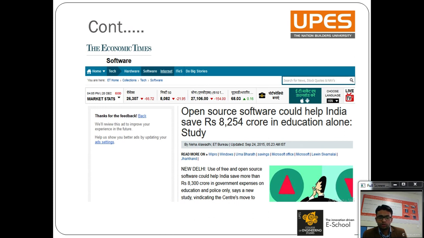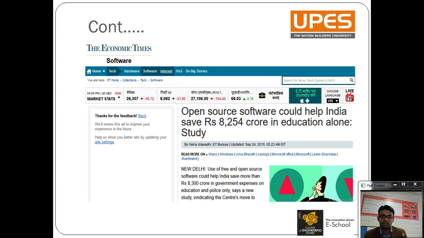I would also like to share one more article with you, published in the Economic Times. The article says open source software could help India save approximately 8,000 crores in the education sector only. So this is the case study, because if you replace the entire proprietary system with open source software, you can save 8,000 crore in education sector only.